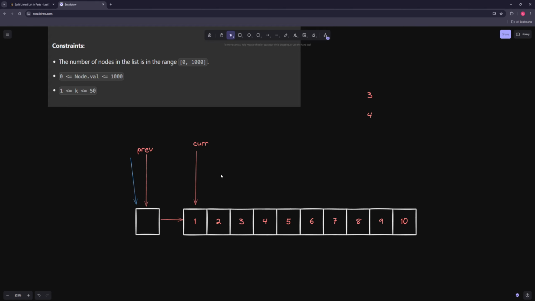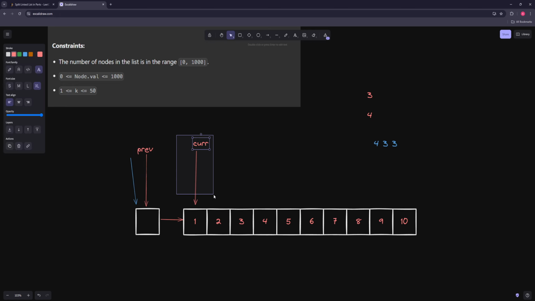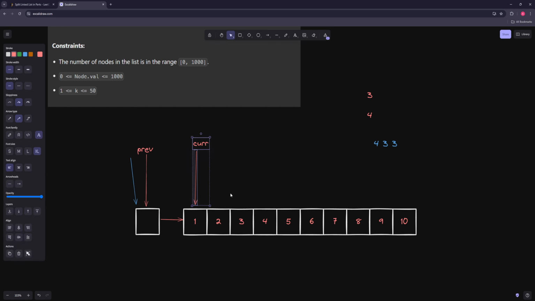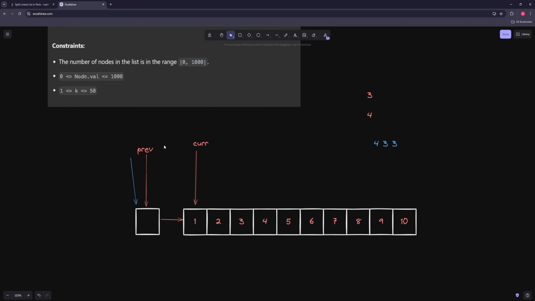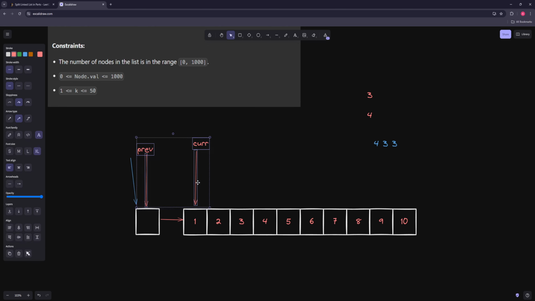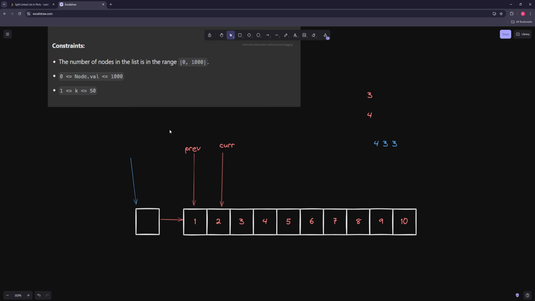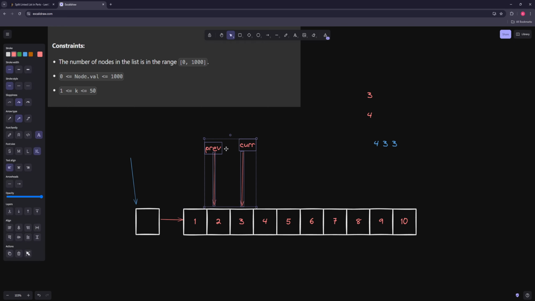And so what's going to happen here is we can just loop for the length of the chunk we want. So the first chunk is going to be length 4, right? Because it's going to be 433 with this extra thing. So basically all we're going to do in the loop is just move the current up. You honestly don't even need to, now that I'm thinking about it. No, actually, it's going to be the same thing as the reverse linked list. We're just going to move the current and the previous up. So the current will end up going like 1, and then the previous will end up going 1. So kind of like this. This is like one iteration of the loop. And then second iteration of the loop, third iteration of the loop,